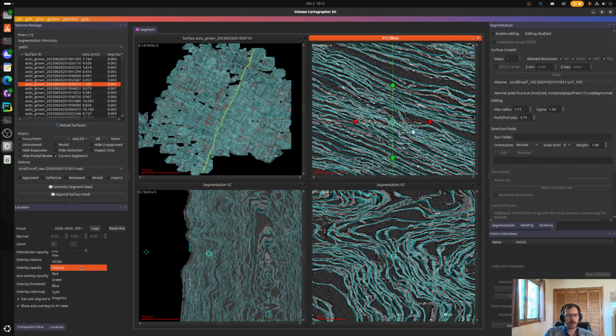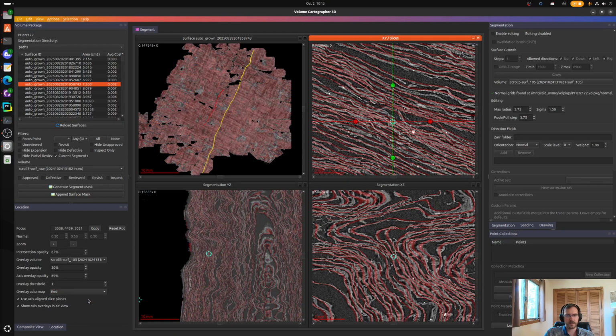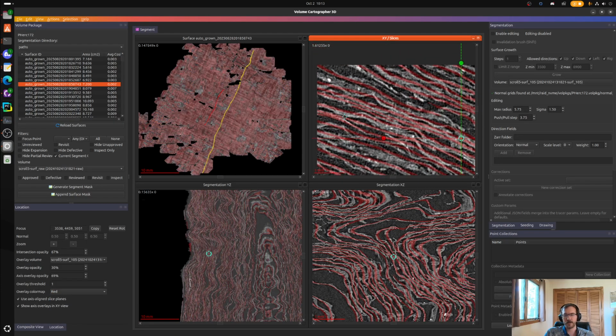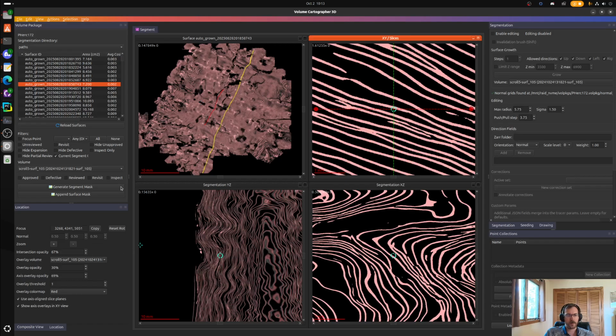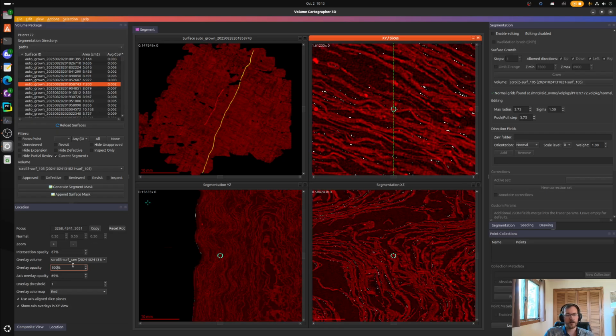There's a couple basic color maps in here. For most of your things, this really isn't going to make a difference because the color maps don't change really. You're using binary volumes or something like that. You can do something a little bit tricky with it, where if you make your surface prediction your main volume and the raw volume an overlay, and then crank your opacity up to like 100, you can then